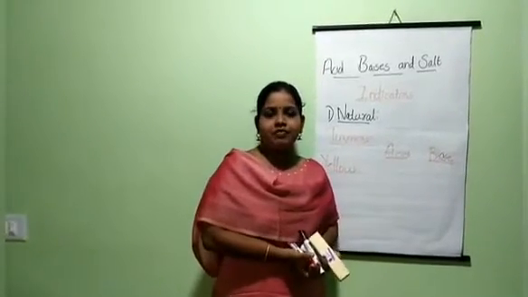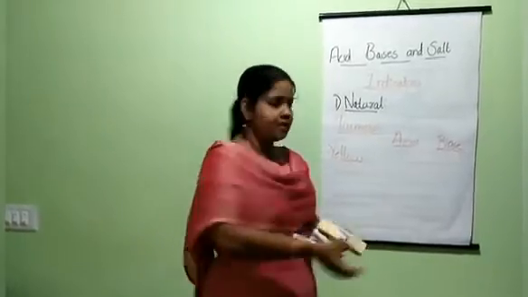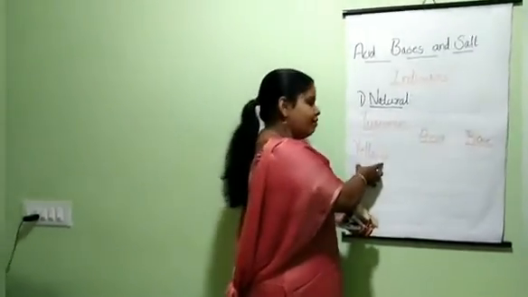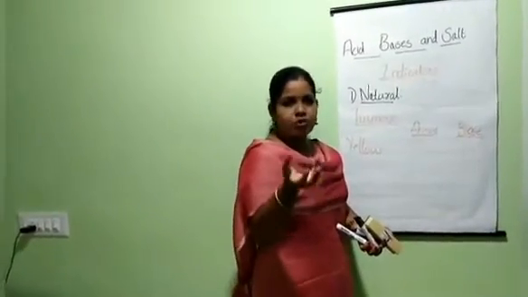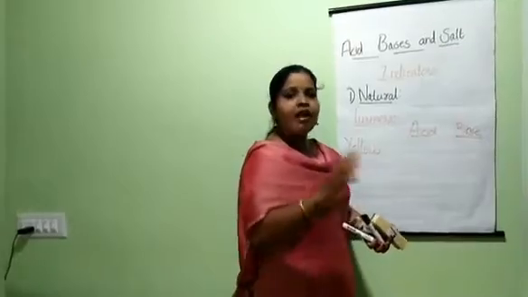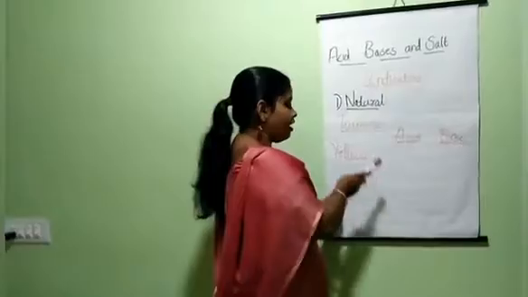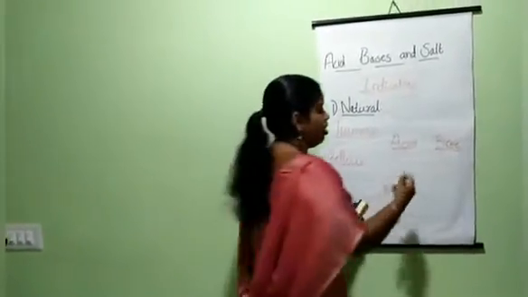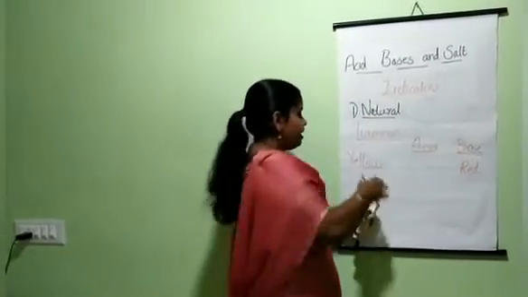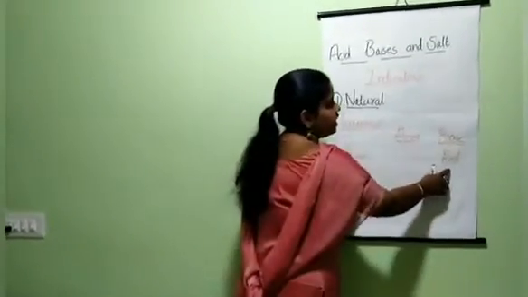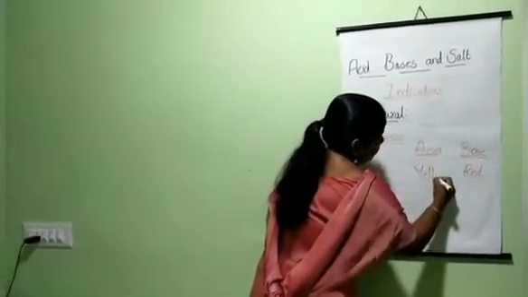All of you know that if our cloth has a turmeric stain, the color of that stain is yellow. When we wash that yellow stain with soap, which is a base, sodium hydroxide or potassium hydroxide, what happens? The yellow color changes to red. That means yellow turmeric changes to red color in basic medium, and remains yellow in acidic medium.